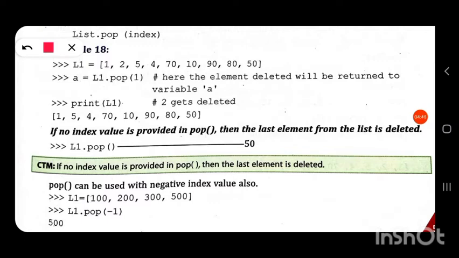From right to left, the first position is indicated by -1, then -2, etc. So L1 dot pop(-1) returns the value 500.